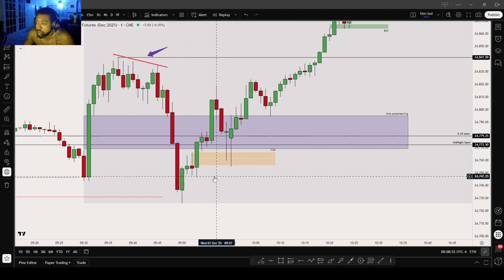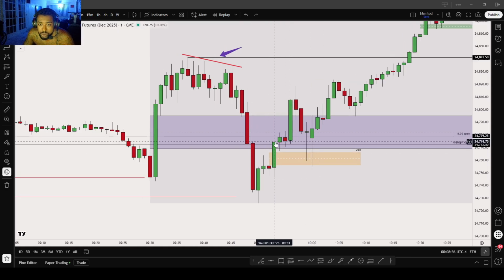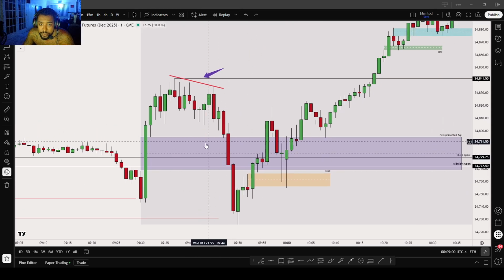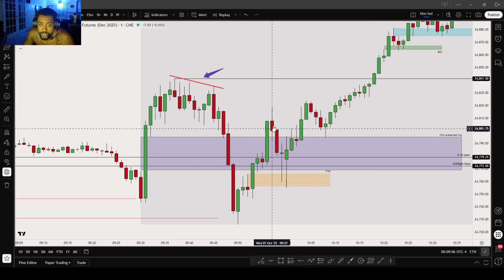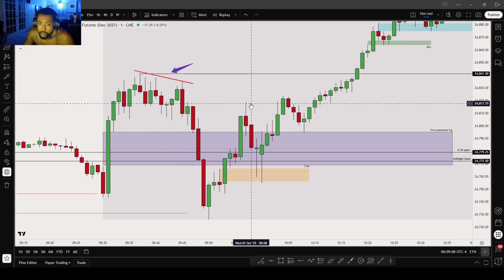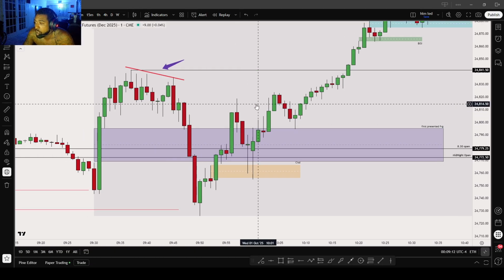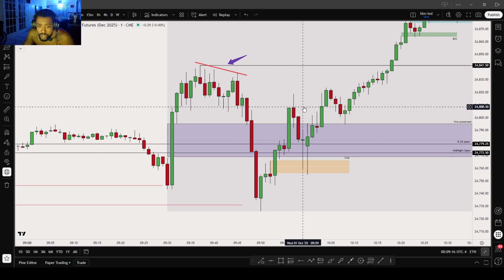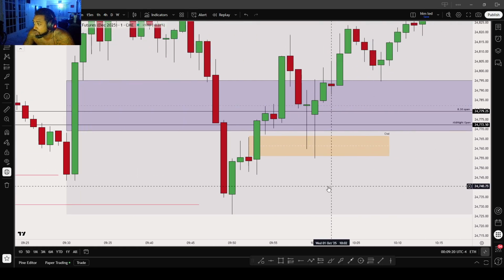We get back above. First of all, we have the inverse. The smaller inverse, you see it closes above it. We have two inverses. But because this is the first presented fair value gap right here, I will be waiting for it to close outside of this purple zone, validating it as now a bullish fair value gap. So I want to see it hold that support. So we close here, and then we come down. You see how we come down into this first change in the state right here.